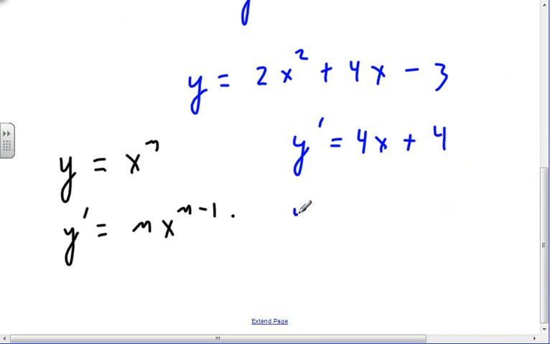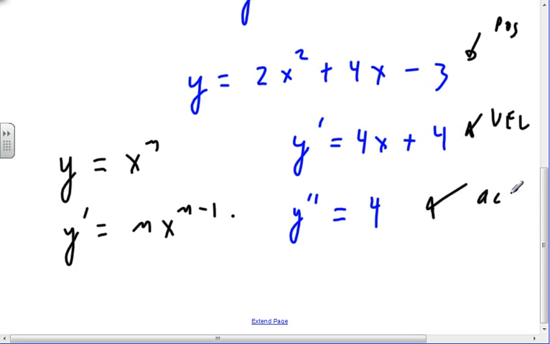And then I could take a second derivative, and I could say the second derivative is just 4. If this function was a position function, then the derivative of position with respect to time is velocity. So that would be my velocity equation, and the derivative of velocity is acceleration. So if I have a position formula, then its first derivative, besides being the slope, is also the velocity. The second derivative is the